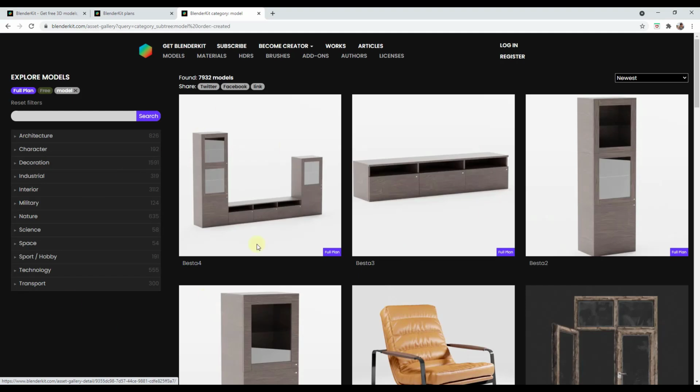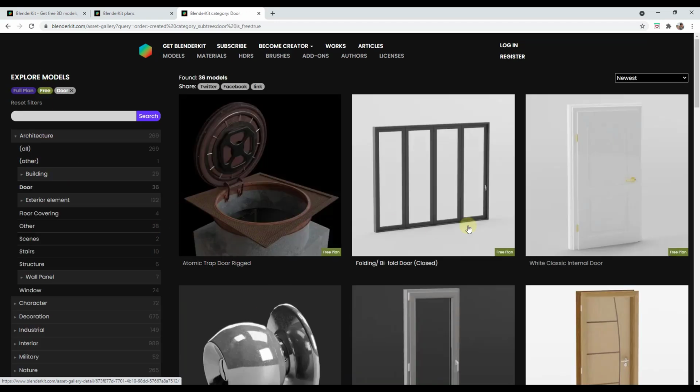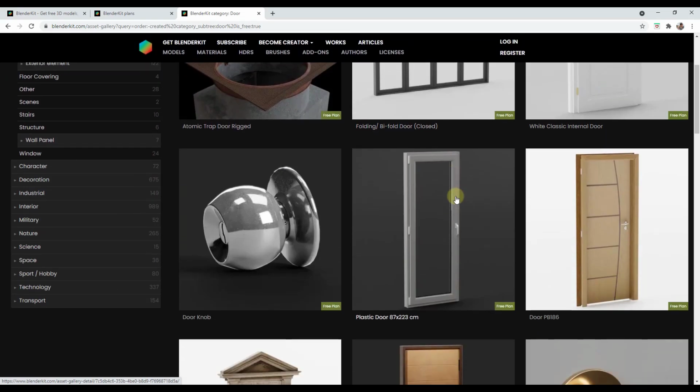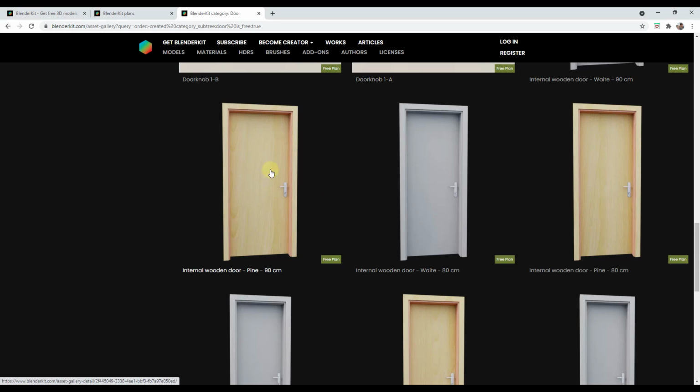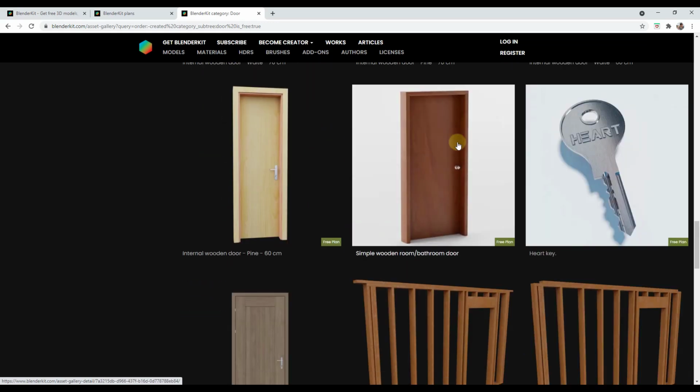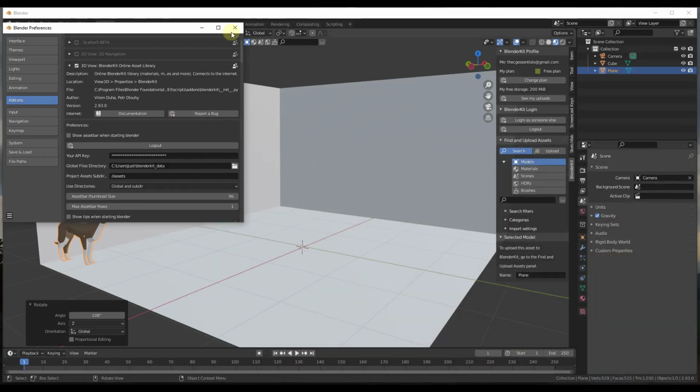That's going to give us access to their model library right here. Now I will note that there is a free plan and a paid plan. Basically this add-on gives you access to a number of both free and paid models. You can sort by free or paid over here on the left hand side, so you can click on the button for free to sort down to the actual free models. But note there's a lot of architectural models in here that you can take a look at. For example, there's a library of doors that you can download into Blender, and notice that you can do this directly inside of Blender as well.